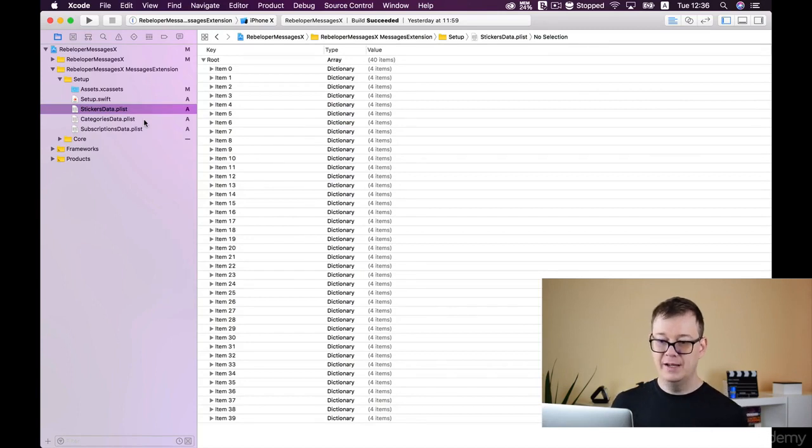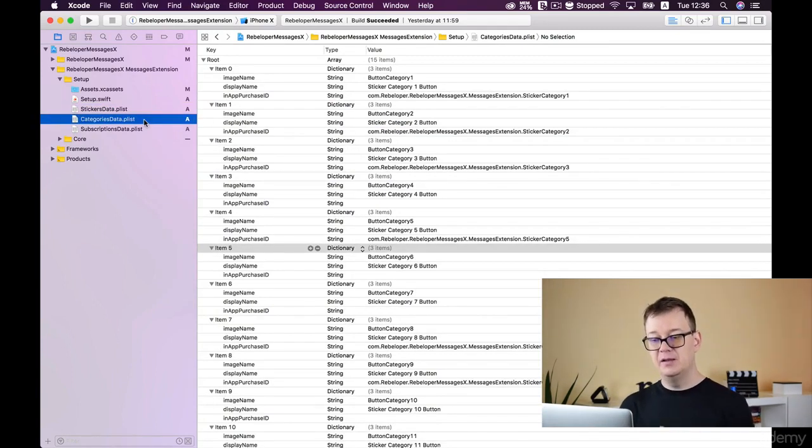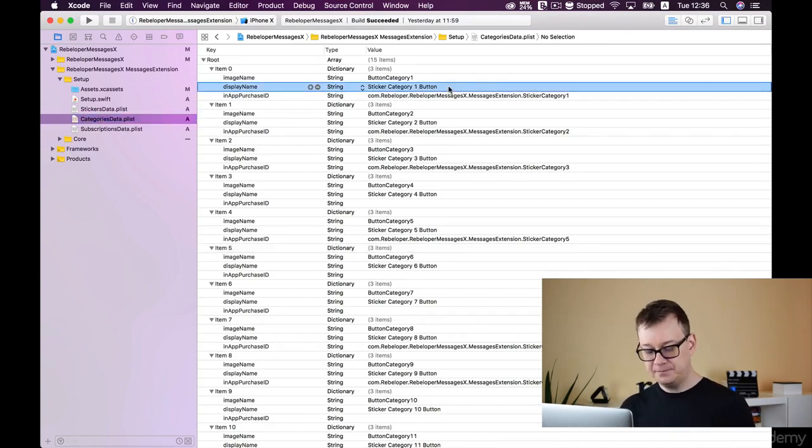Next up is our categories data. Now, the categories data is structured in the same way. We have the first category as item 0 and so on. And we have our image name, that is the button's name, the categories button name. We have a display name, of course, and this is for